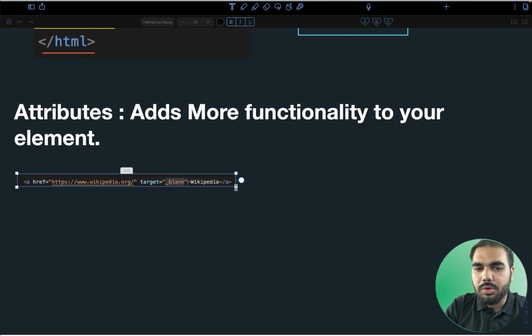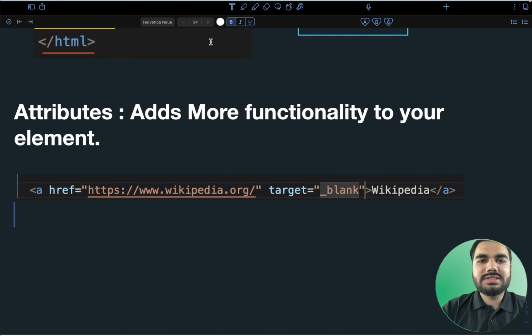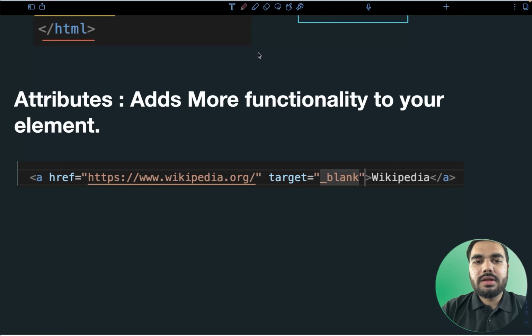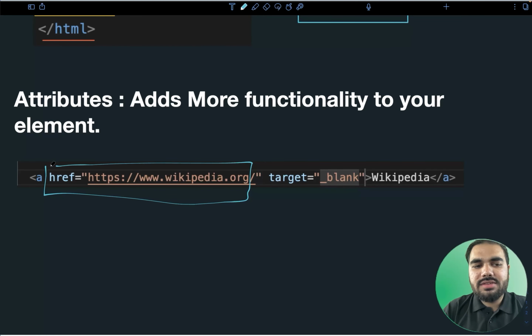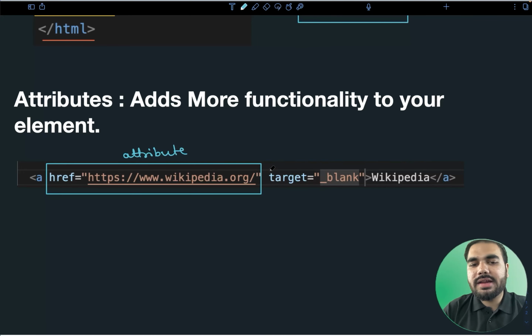Next one is attribute. So in elements, if you consider this simply, just see this carefully, we have an href, that is the URL that I'm taking from the internet. So this is one of the attributes, and the target attribute helps us open the page in the new tab.